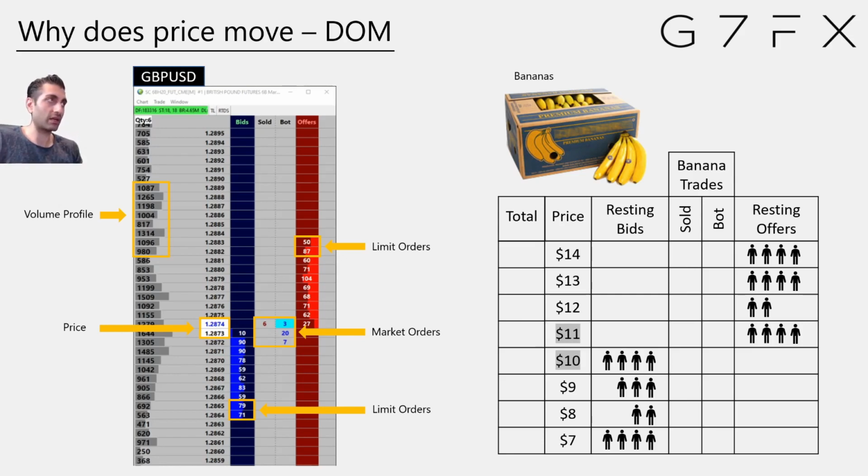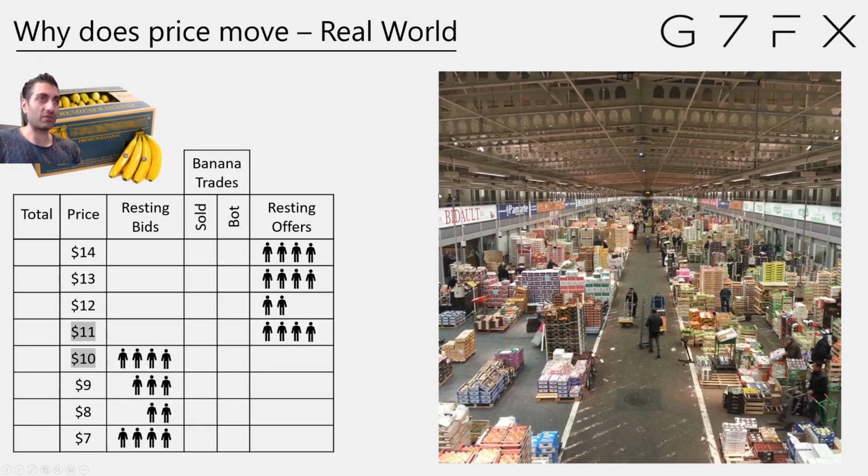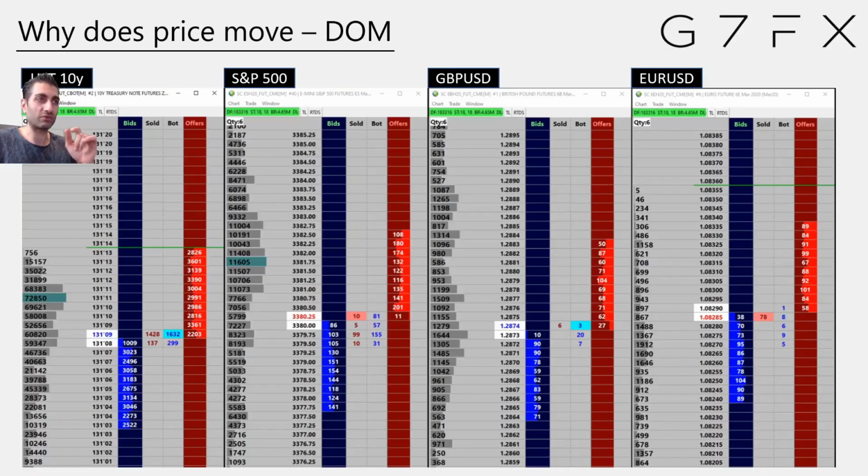So let's go on and look at an example in the fruit and vegetable market. You can see here I've got a box of bananas, and this is actually the fruit and vegetable market, and it works in exactly the same way. That's going to make sense when I go through the example in a moment. But what I just want to quickly do before I go into that example, because I don't want to skip back to this, is